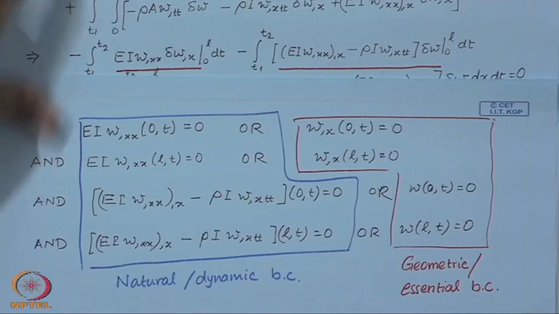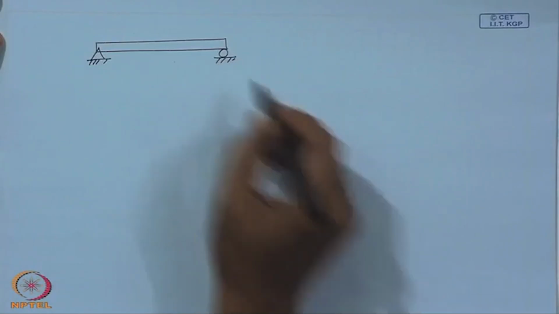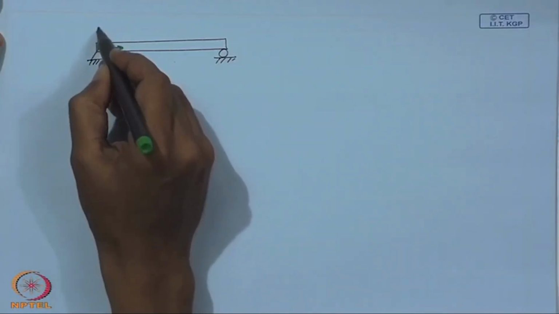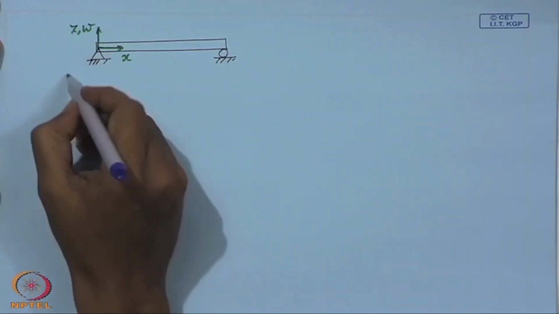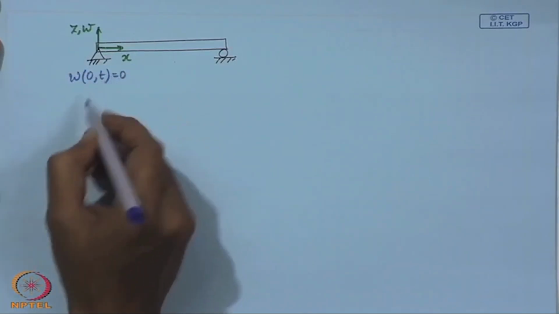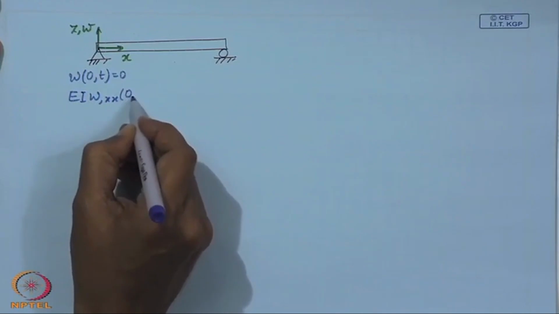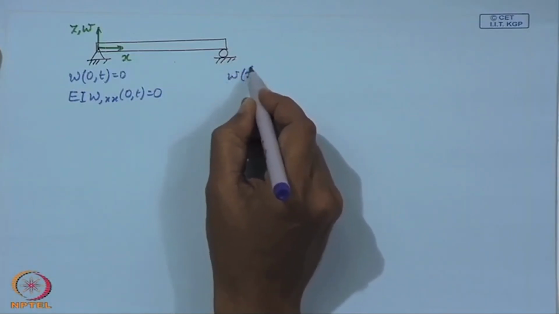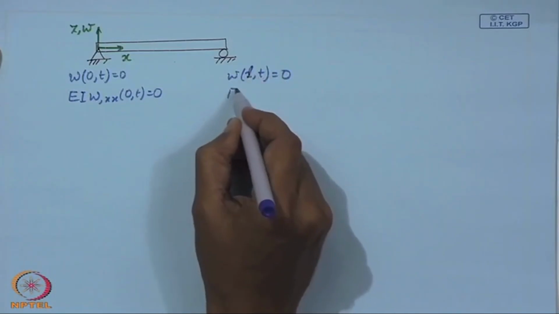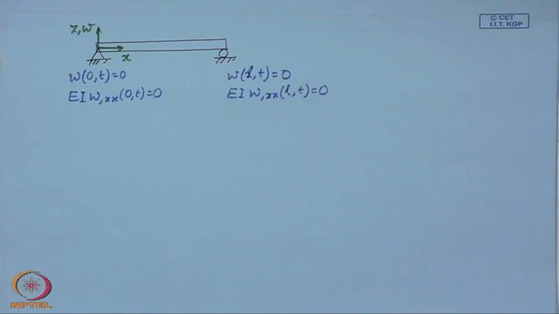Now, let us quickly look at an example. So, we know that we have a simply supported beam like this, so the boundary conditions here, and the bending moment, similarly here you again have the deflection to be 0,